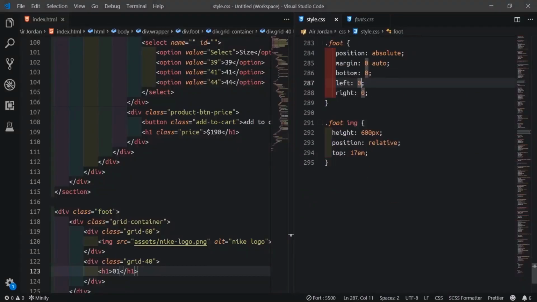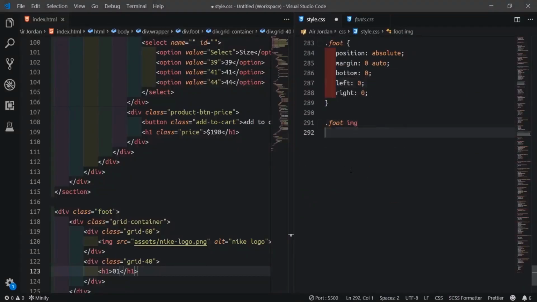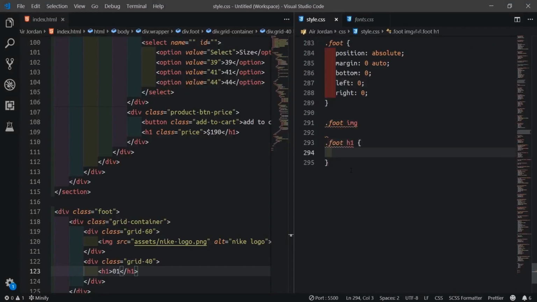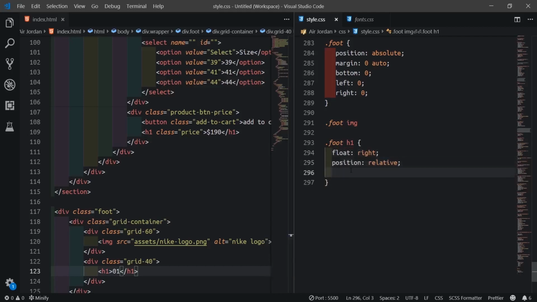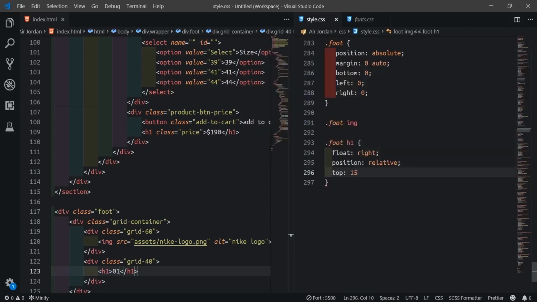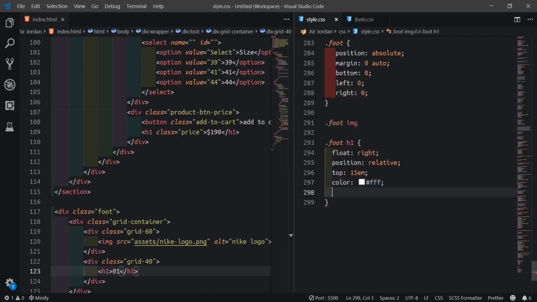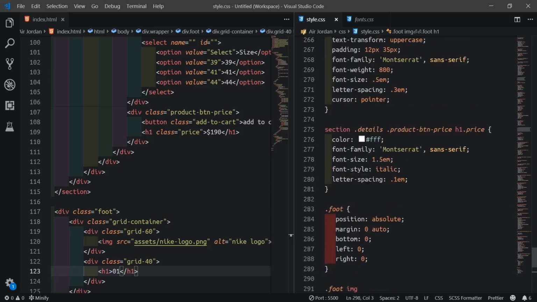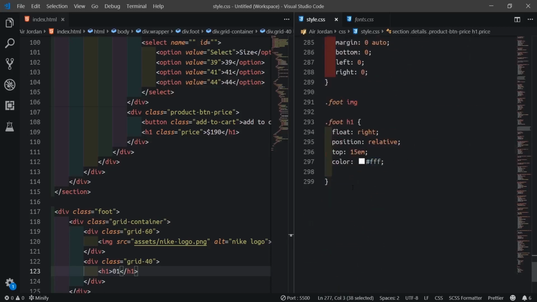So to do that now, what I'll just do quickly, I'll just copy this. Then H1. We'll first float to the right hand side. Then we'll give position to be relative. We'll push it from the top, most like 15 em. Then color will be white, and font family we'll use this Montserrat here.